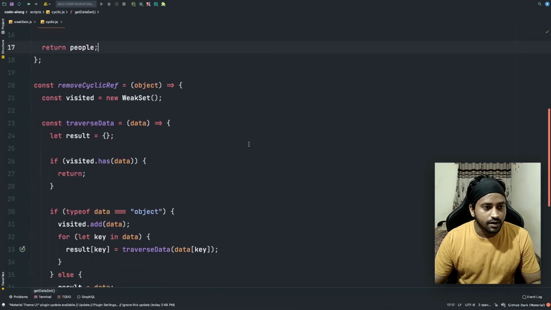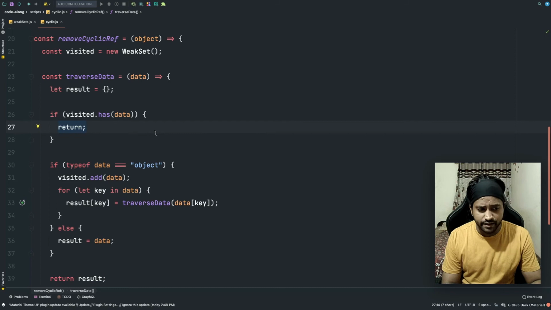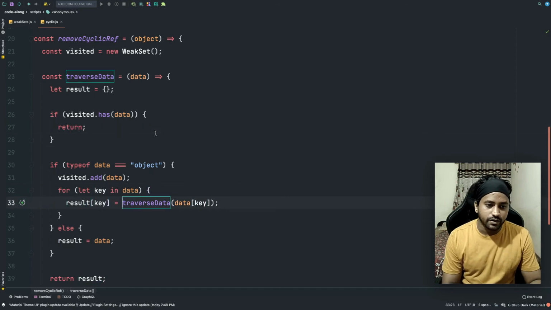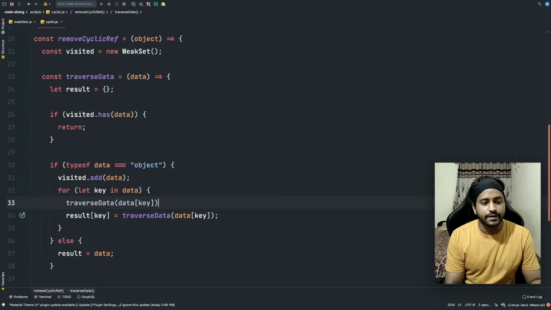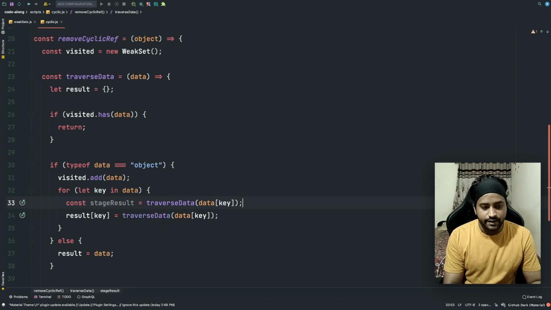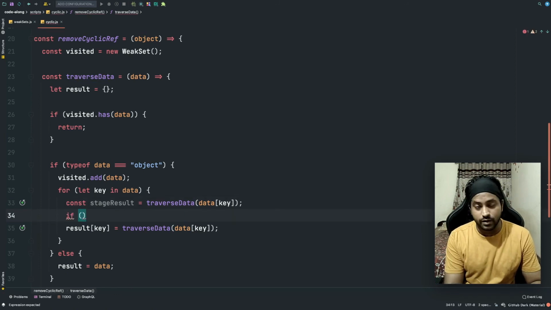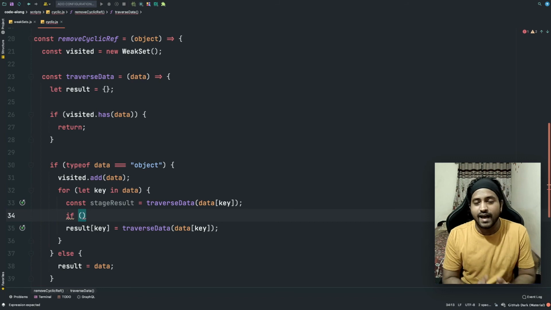Alright, so the undefined is coming because of this empty return that we have over here. So instead of this, we will store it in a value first. We'll just call it stageResult maybe, and at this stage this is the result, and we will just check if this result is present or not, if it has a value or not.